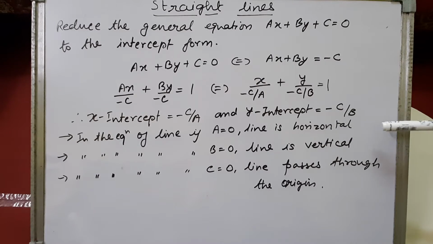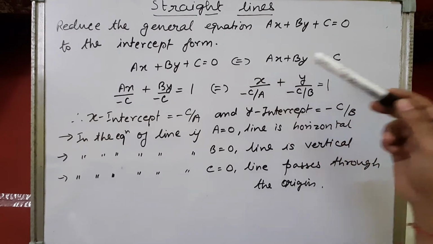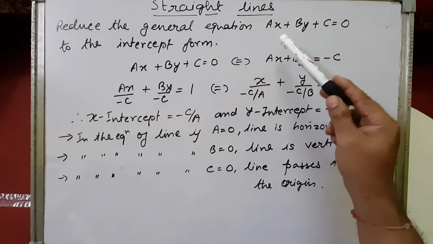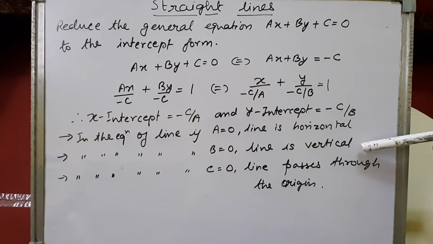So from there are a few important points. In the equation of a line, when a is 0, that means the coefficient of x is 0, the line will be horizontal, we'll get a y equals b line. When b equals 0, so when the y term becomes 0, we'll get x equals a, the line will be vertical, that means parallel to the y axis or perpendicular to the x axis. And when the constant is 0 in the general equation of a line, the line will always pass through the origin. Alright, please note down this much first.